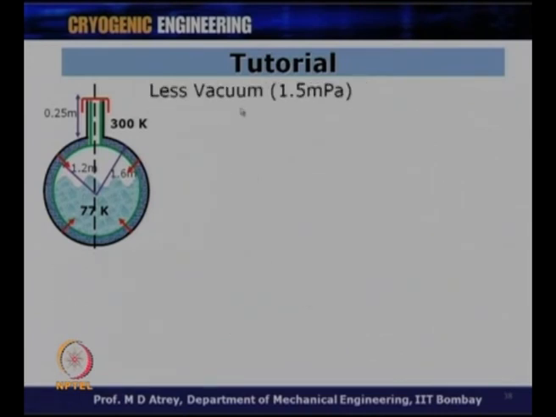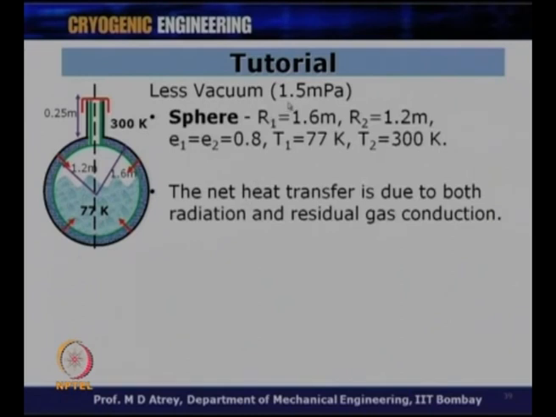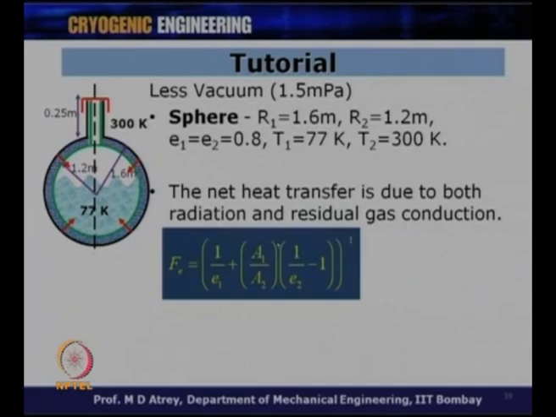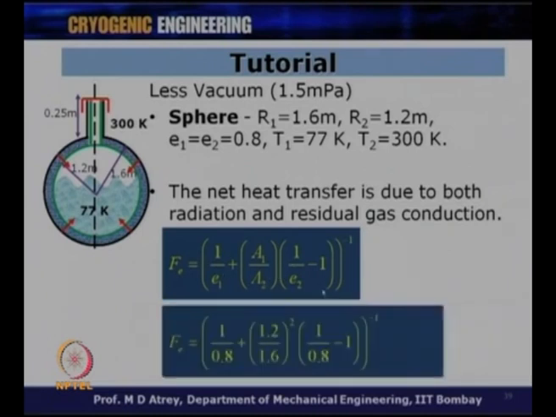Now, if you have a less vacuum of 1.5 MPa only, again we can apply this, but now in this case we will have free molecular conduction. But before that we have to check whether we are in the free molecular conduction region, for which we have to calculate lambda. The net heat transfer is due to both radiation and residual gas conduction. If I want to calculate radiation first, I will calculate my emissivity factor, which is 1 upon E1 plus A1 by A2 into 1 upon E2 minus 1. Putting in the value, because both emissivities E1 and E2 are 0.8,